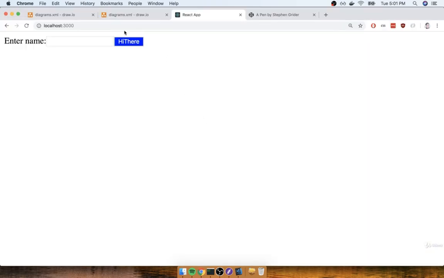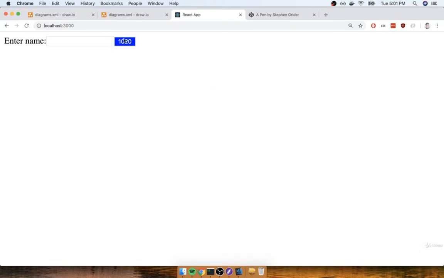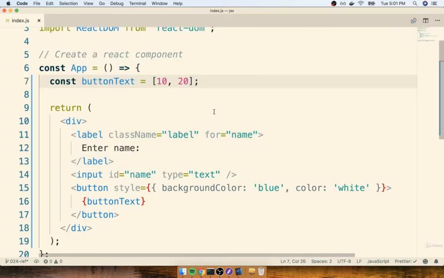If I then save that and flip back over, you'll see the 2 strings got pushed together, or essentially concatenated inside that button. And if I want to, I could also replace it with a set of numbers like 10 and 20. I can then save this again, and I'll see 10, 20 over here. So we clearly have a pretty good amount of flexibility here.